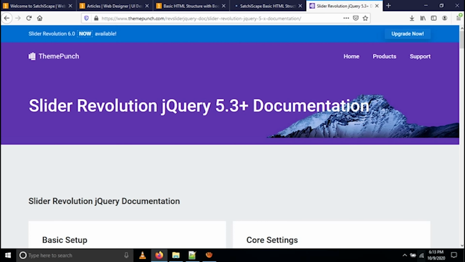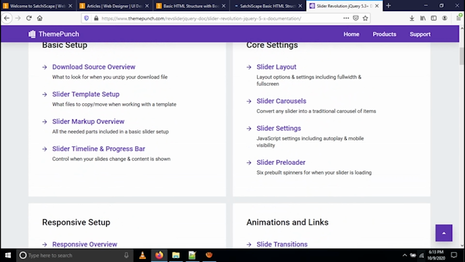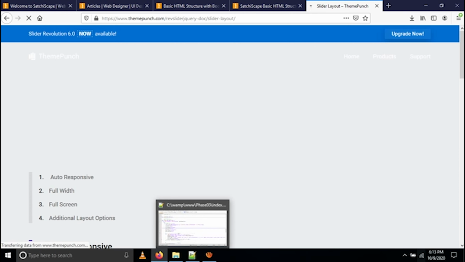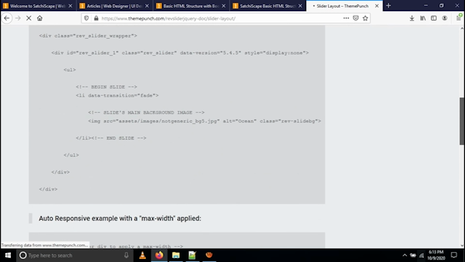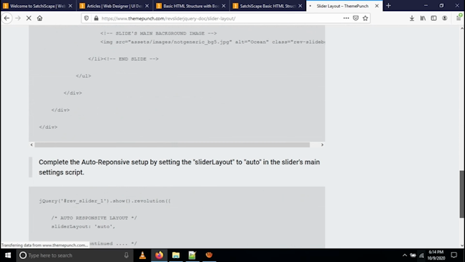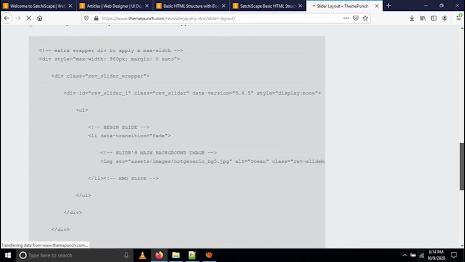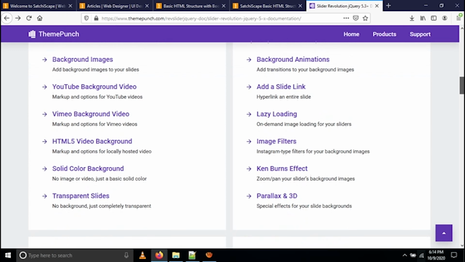Okay guys, the same settings you can see here. If you want the slider layout, I'm just showing you an example. You can see auto responsive, full width responsive, everything, the code is defined. You can see the search functionality. This is the theme fonts code, so you can see there and download the functionality and use it as per your requirement. Okay guys,